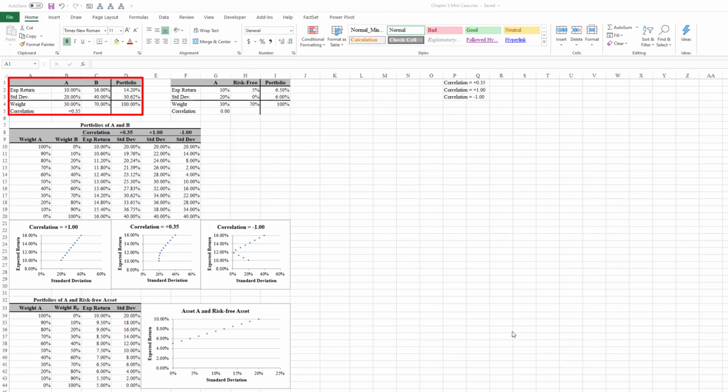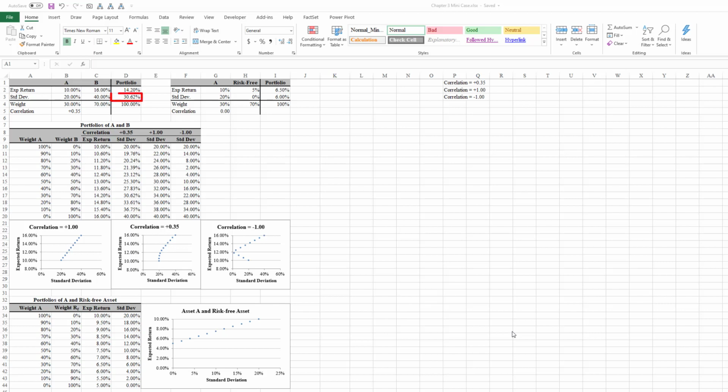A has an expected return of 10% and a standard deviation of 20%, and B has an expected return of 16% and a standard deviation of 40%. And they tell us that we're going to build a portfolio that's 30% in A and 70% in B. And so if we calculate the expected return of the portfolio, that's simply going to be 0.3 times 10% plus 0.7 times 16% gives us